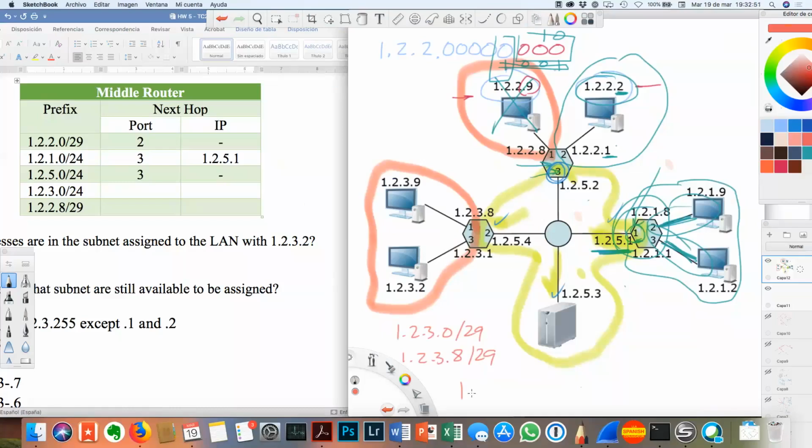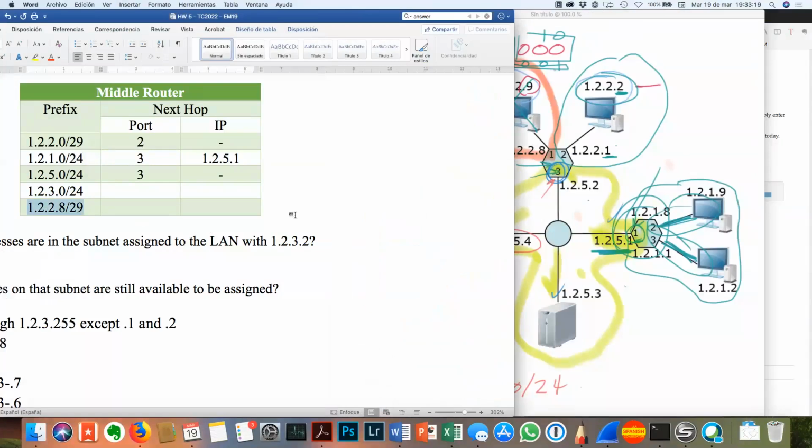He can actually advertise 1.2.3.0/ less than that. He could advertise it as a /28. He chose to advertise it as a /24. That tells me he's got a lot more LAN here than he's showing me. But that's okay. It's the only thing that looks remotely like 1.2.3. So I'm going to send it out port 3 to this IP address. Right? Make sense? And then for the last one,